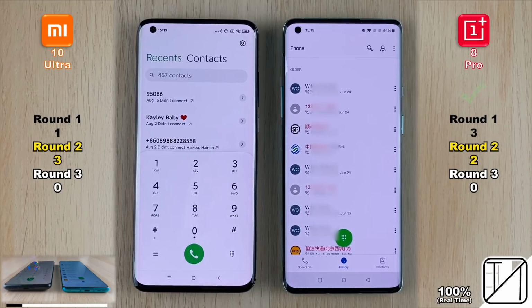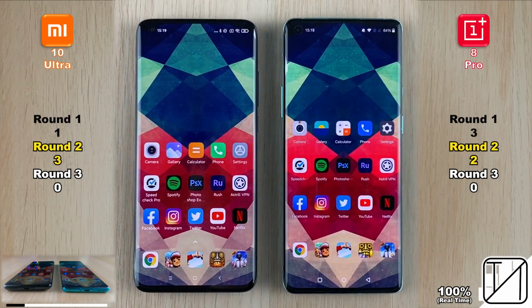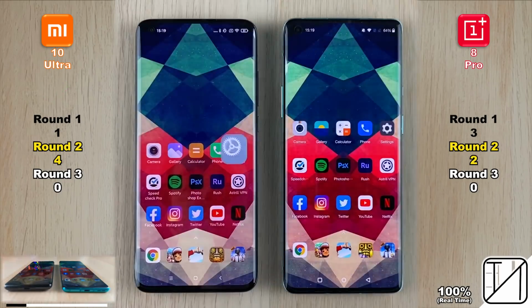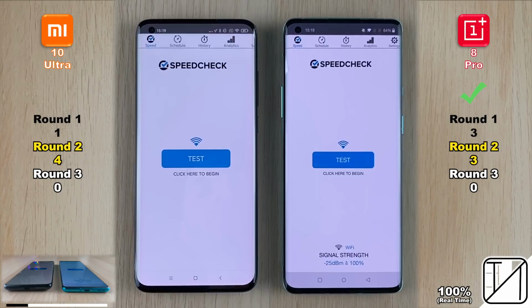Now the OnePlus 8 Pro gets its second point after opening up the phone app, slightly quicker than that of the Mi 10 Ultra. Both of them have opened up 2 system apps each over here, faster than the next. But the Mi 10 Ultra opens up its third system app quicker than that of the OnePlus 8 Pro, that being settings. Going into our first non-system app, which is indeed speed check and internet speed test, the OnePlus 8 Pro opened it up quicker,